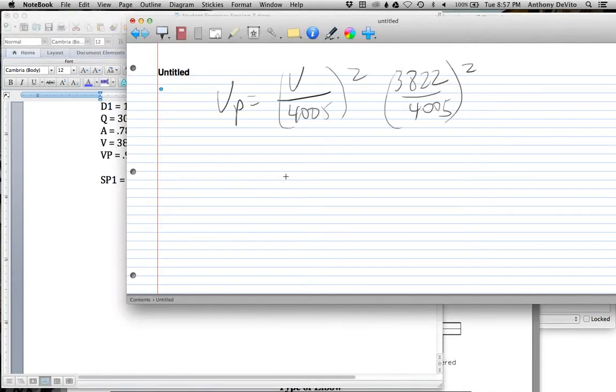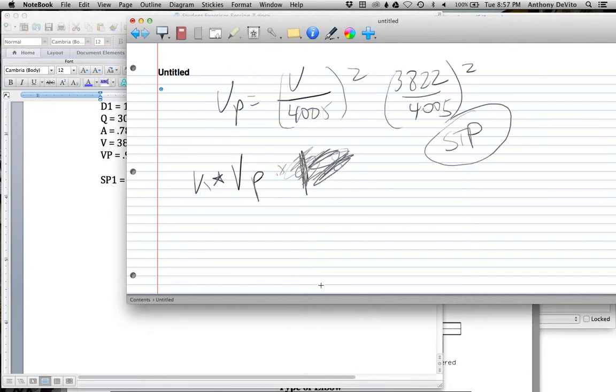It's going to be equal to the velocity pressure times K, right? There's also sometimes a density correction factor on the end of that. We're using 1 because we're working most of the time at standard temperature and pressure. But if we were in Denver, a mile off the ground, the correction factor might be something like 0.83. But we're not worrying about that. So K is 0.13